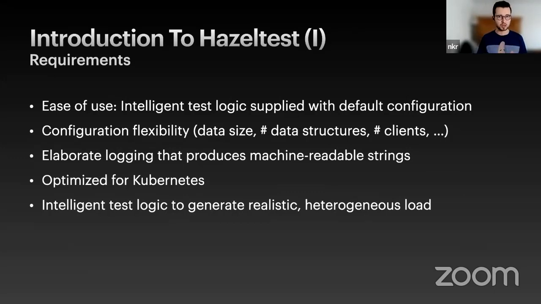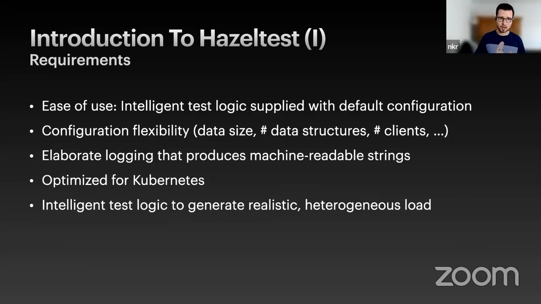Grid is also not very talkative. So when we use it, we found that it's often difficult to figure out what precisely it's doing. So Hazeltest should come with very elaborate logging mechanisms that produce machine-readable strings, such that, for example, they could be JSON formatted, such that your friendly neighborhood ELK stack or a different log analyzing platform like Splunk can easily work